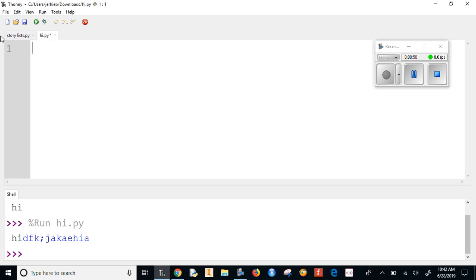So let's say we want to make up a choose your own adventure style game, and every time you lose, we want it to say game over. And so we can have a definition that says game over. We're creating a function called game over. DEF means we're defining this new function.